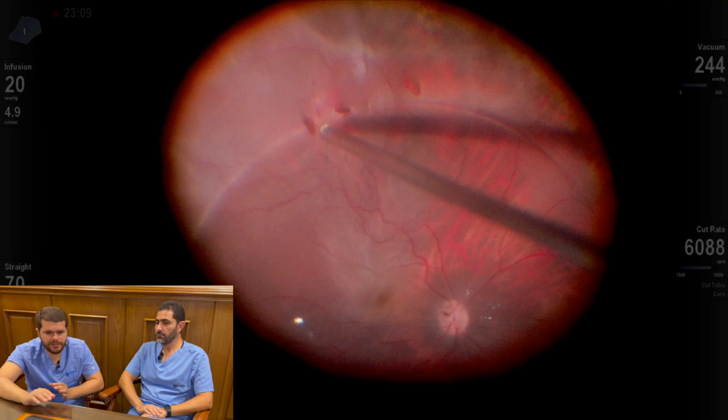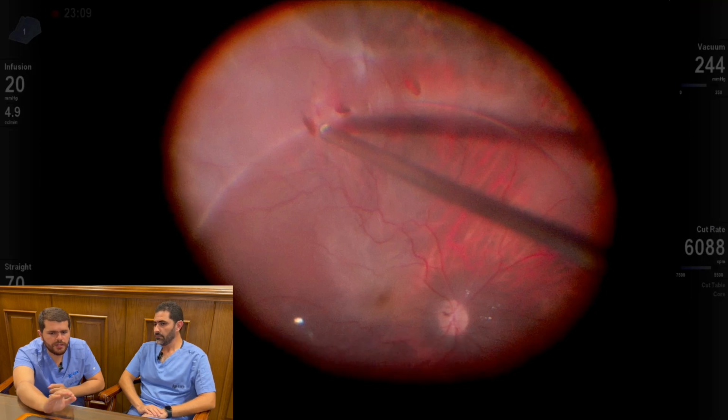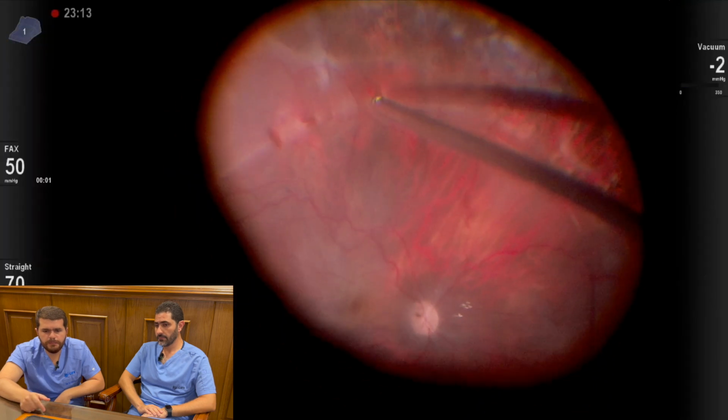If I find it flat and I can see the choroidal vasculature very clearly here, there is no subretinal fluid whatsoever, then I believe this retina will flatten under silicone oil in the post-operative period. This is a good point. Okay, I'm going to do a fluid air exchange, drain from the inferior breaks, and